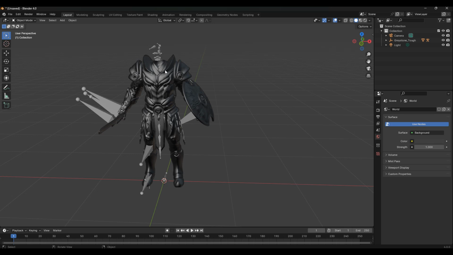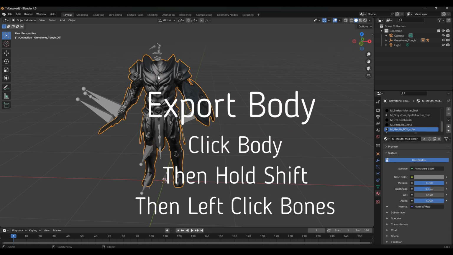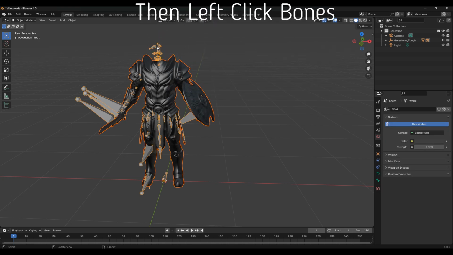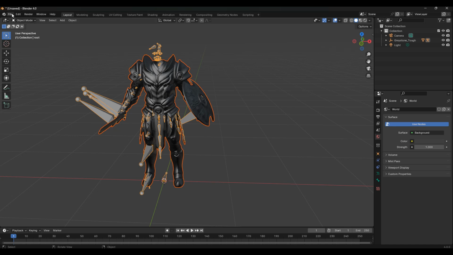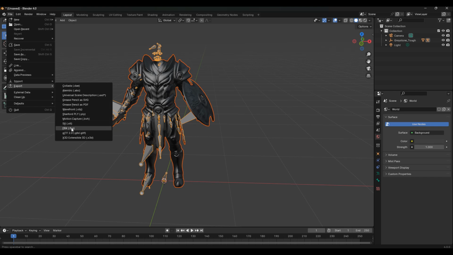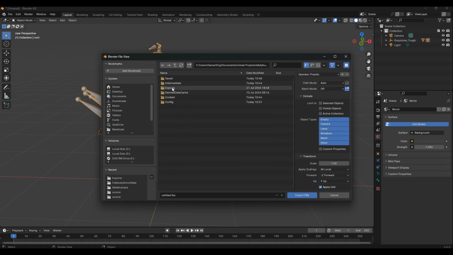Now we're going to export our body out with the weapons and shield, and then on the next one we're going to remove the shield and the weapons from the body. We're going to export the body with the weapon and shield. So we're going to click on the body, then hold down shift and click on the bones, and then go to File, then Export FBX, and then go to our project folder again. We go to our export folder,